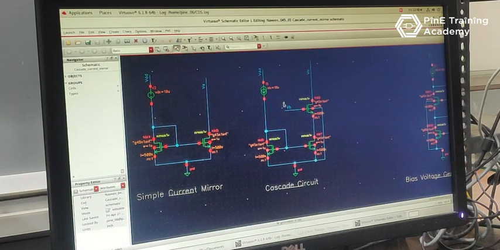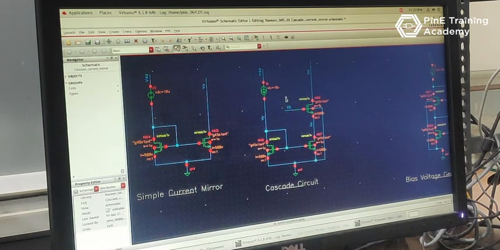Let's find the VB bias voltage of this transistor so that our transistor is in the saturation region. For VB voltage, we know that if Vy voltage is equal to Vx voltage, our job is done. It means VB voltage is equal to VGS voltage of this MOSFET plus Vx voltage. Vx voltage is equal to Vy voltage. Vy voltage is equal to VDS voltage, and VDS voltage is equal to VGS voltage. So VB voltage is equal to VGS voltage plus this VGS voltage. It means VB voltage will take one extra VGS voltage.